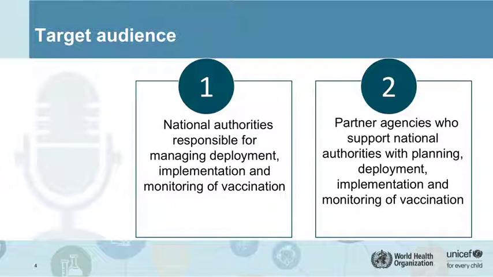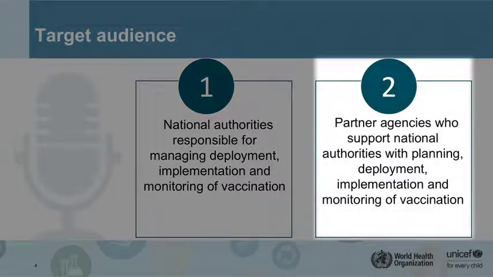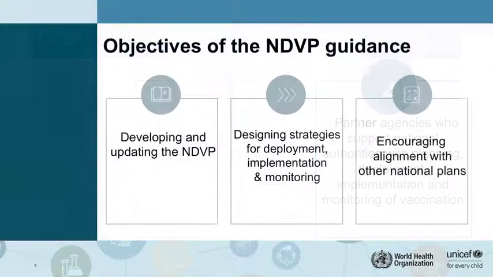The target audience for the NDVP are national authorities responsible for managing the deployment, implementation, and monitoring of COVID-19 vaccination, as well as the partner agencies in-country or at regional level who are supporting national authorities in those actions. The objectives of the NDVP are to provide guidance in designing strategies in the deployment, implementation, and monitoring of COVID-19 vaccine introduction, as well as encouraging alignment with other national plans, be they vaccination program plans or overall COVID-19 response